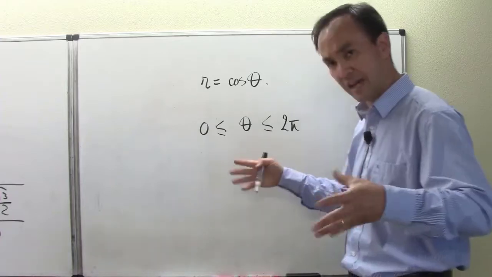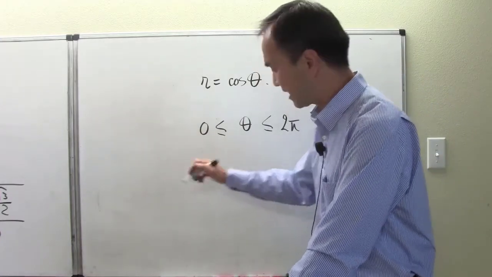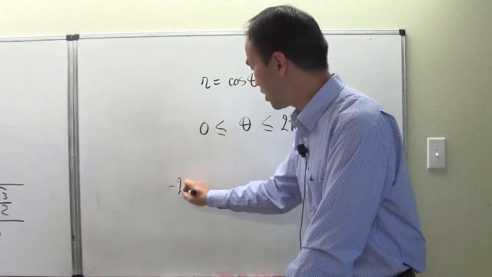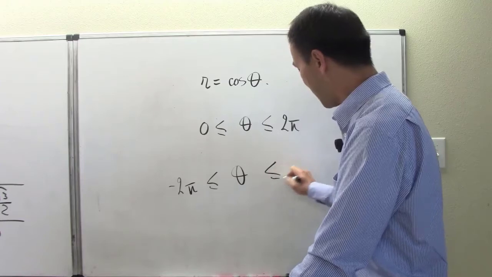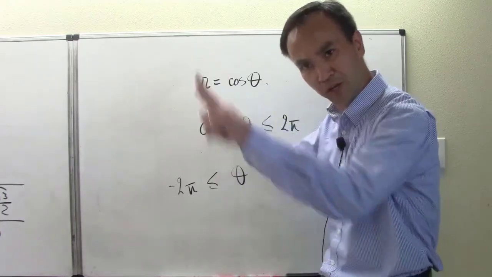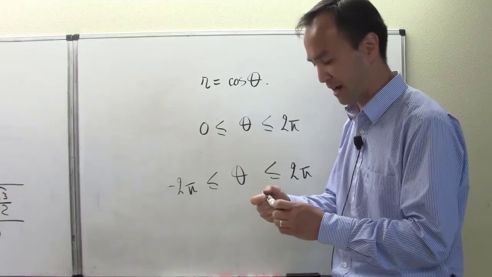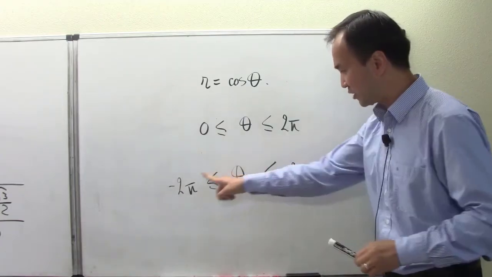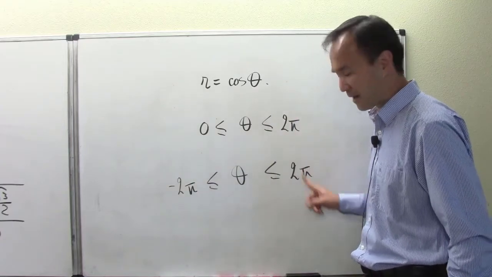But in case you need to change even more, there are times that you need to go with an angle from minus 2 pi to 2 pi, two complete rotations, to see the complete graph of your polar curve. There are curves like that, to see a complete graph. In that case, if you want to go from minus 2 pi to 2 pi,